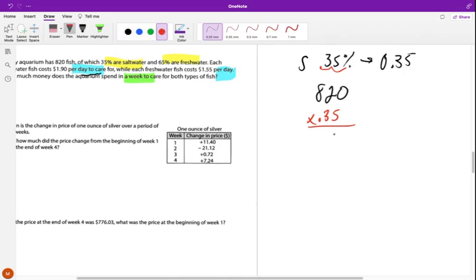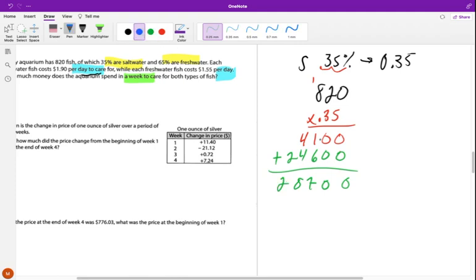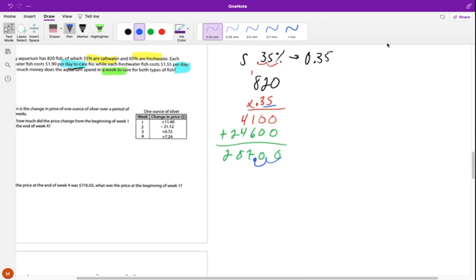This will give me 5 times 0 is 0. 5 times 2 is 10, carry the 1. 40 plus 1 is 41. We put our place value for that 3. And then 3 times 0 is 0. 3 times 2 is 6. 3 times 8 is 24. We add down: 0, 0, 7, 8, 2. And we had 2 decimal places, so we need to move 2 decimal places. So that means that of the fish that we have, saltwater, we have